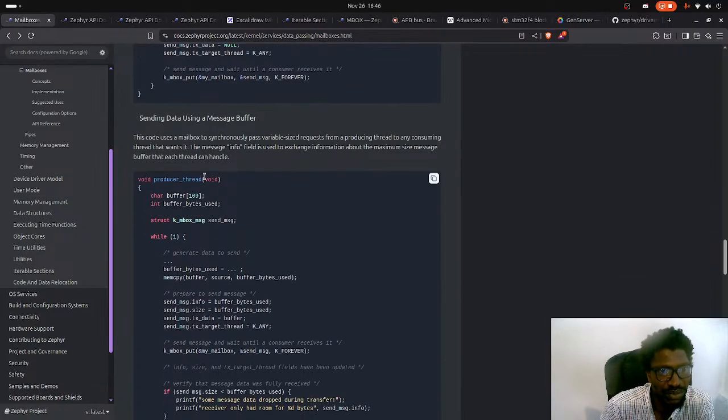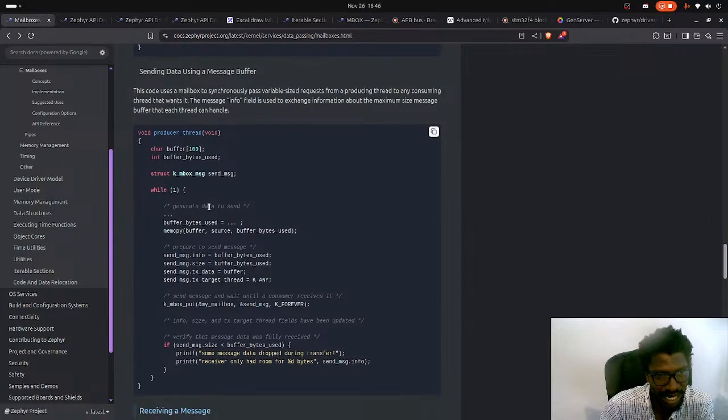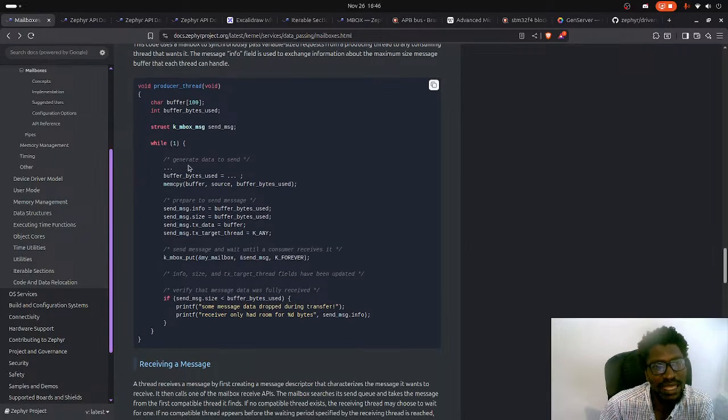Okay, cool. So in the producer thread, you make a buffer of 100 characters, and then an integer, bytes used. You count how many are used. You make a mailbox as usual, and then you generate some data to send. Blah blah blah. You get it from somewhere. You get it from some serial input. You get it from some network. You get it from some sensor. Whatever. However way you get it,